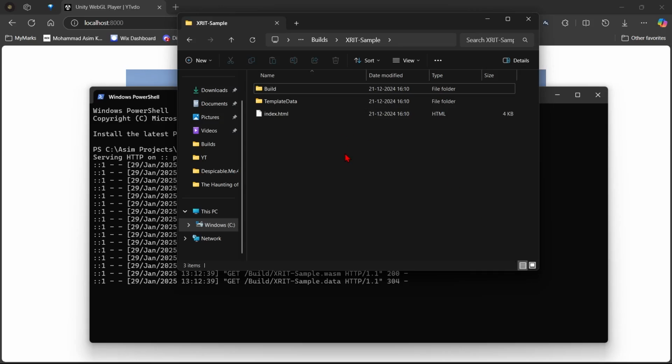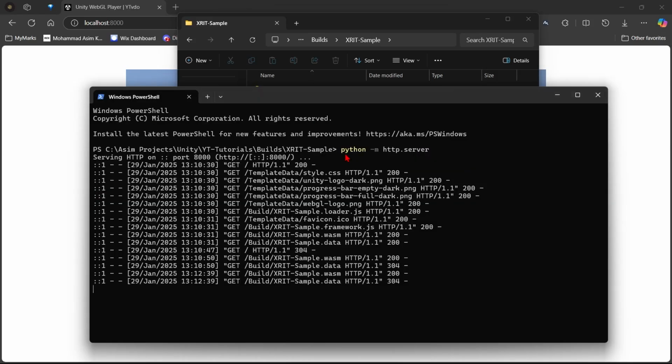Okay, so I'm in my builds folder and I'm going to run it locally. So it's really very simple. You just go to your command prompt and type this code. I actually have showed you the full method in my previous video, so you can check that out. And now once it is running on my local server,